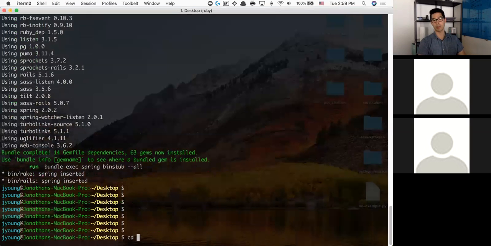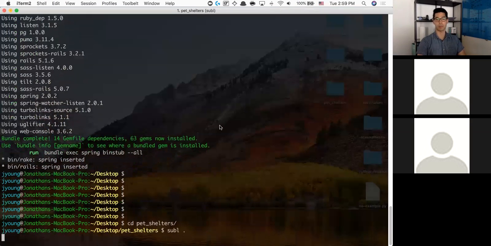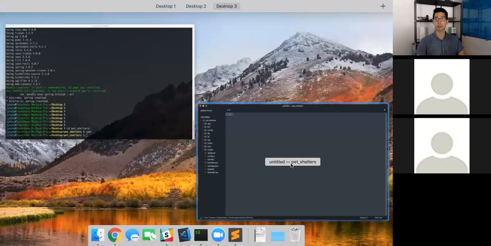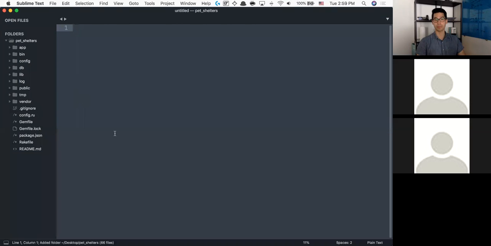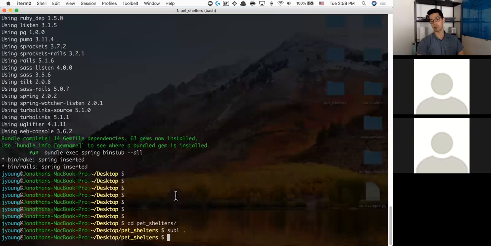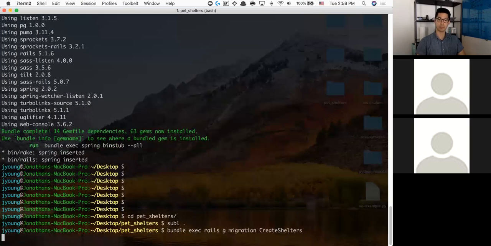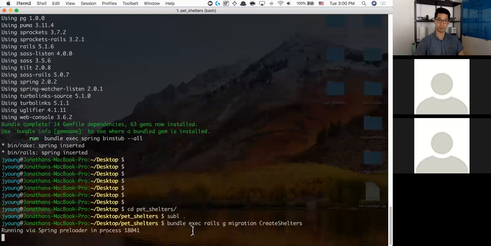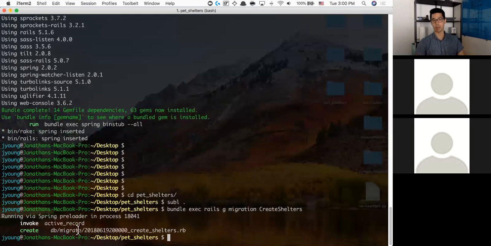All right, I'm going to cd into pet shelters, open it up in Sublime, and have my 3 separate windows. First things first, I want to create a migration for my actual pet shelters. So bundle exec rails generate migration called create pet shelters. I'll just call this shelters. So it runs, and a new file is created,